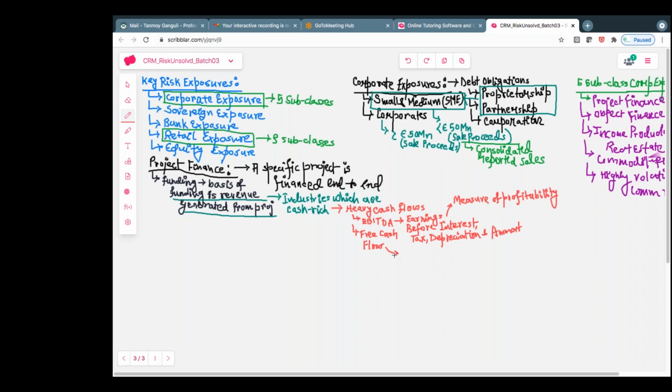So the question that comes out over here is, how do we define a free cash flow? Free cash flow represents the cash flow that a company is able to generate after laying out the money required to expand or maintain its asset base, right? So cash flow which is left